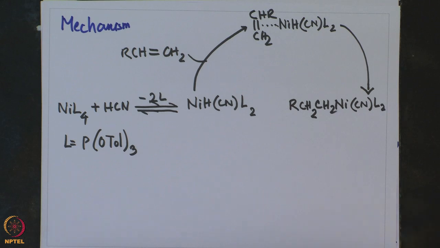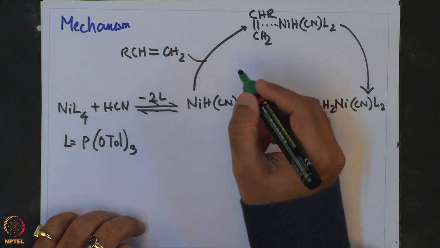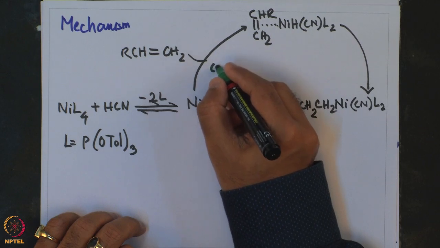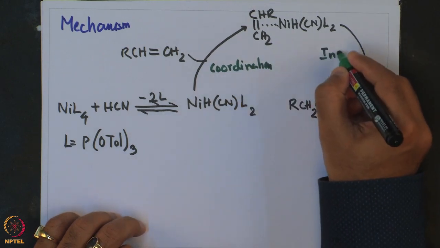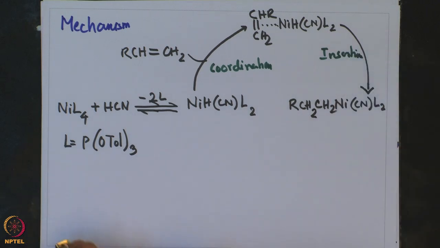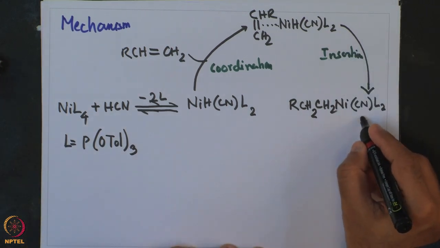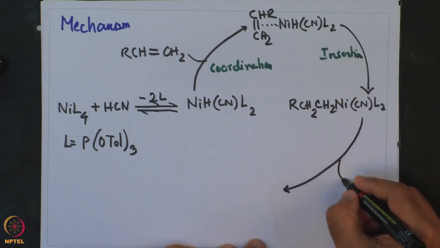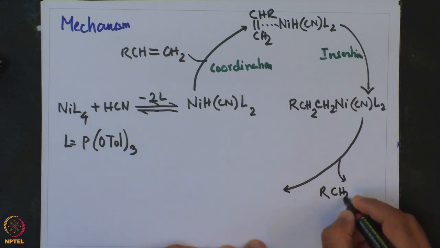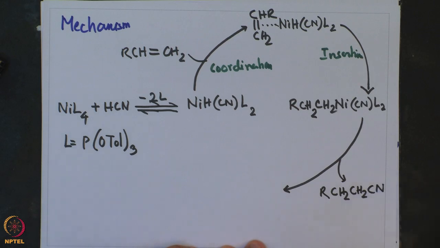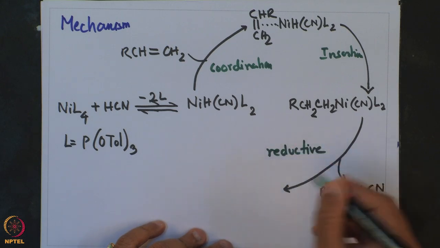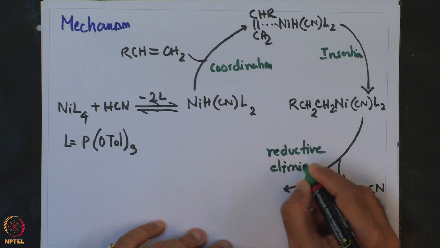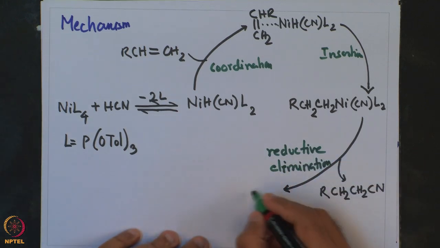So, first is the coordination, then insertion, and the next is reductive elimination to give RCH2CH2CN. This step is reductive elimination to give NiL2,